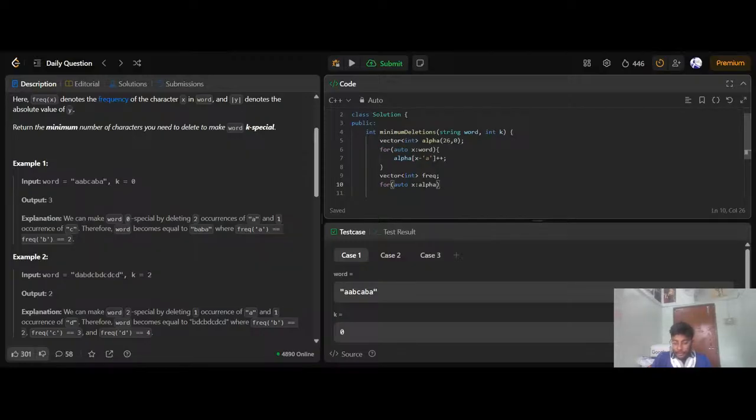if x is greater than 0, just do frequency dot push back x. Great. And sort this: sort frequency dot begin comma frequency dot end. Great. Now after doing this, I have to find the base index, and also keep track of the minimum answer. So the basic idea is,